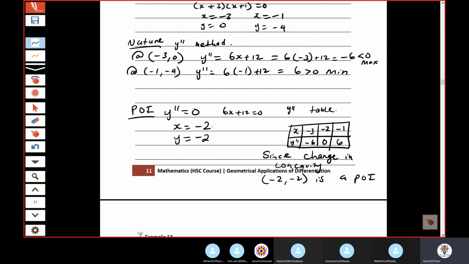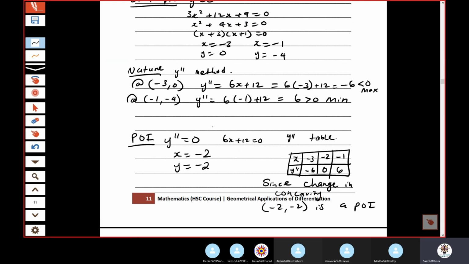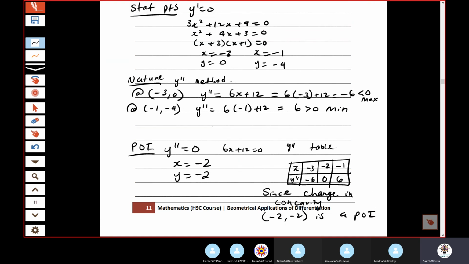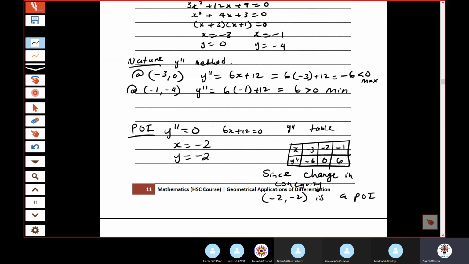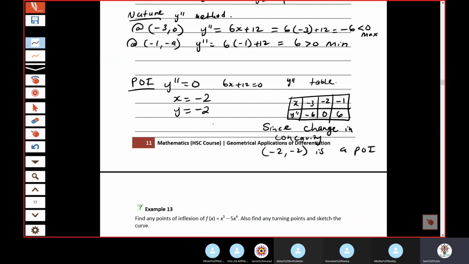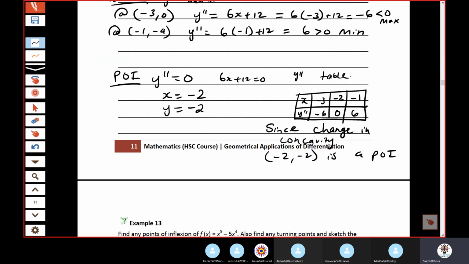Yes, for example, the y dash table. Y dash table, yep. For example, if there's under maybe 1 x y, if it's contained, do that. Y dash table or y double dash table? So this one here, if it gave me an 8 instead of the negative 6? If it gave you that, there's no change in concavity. So therefore,